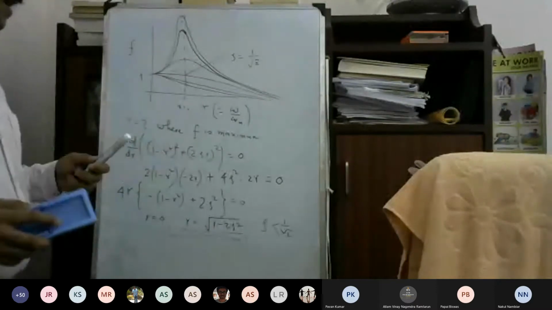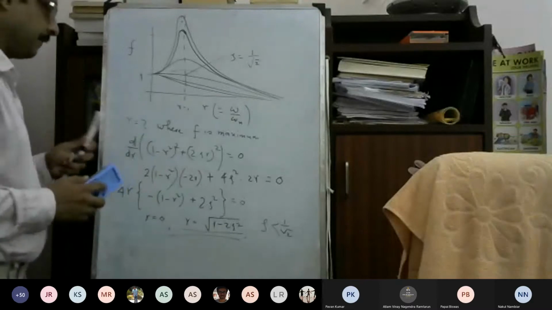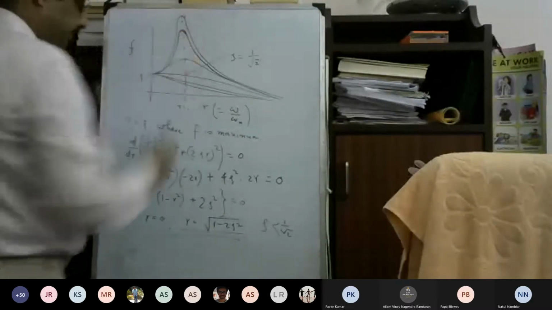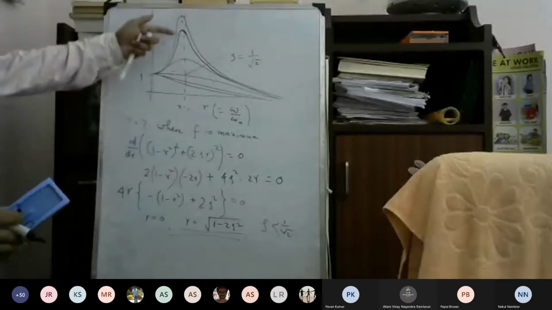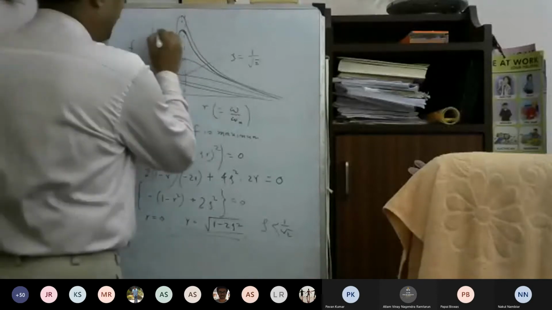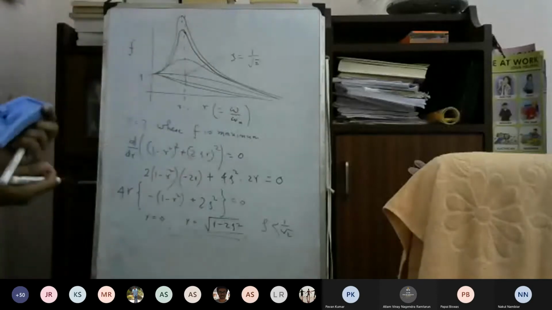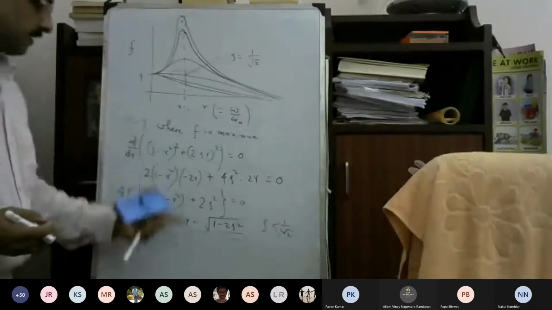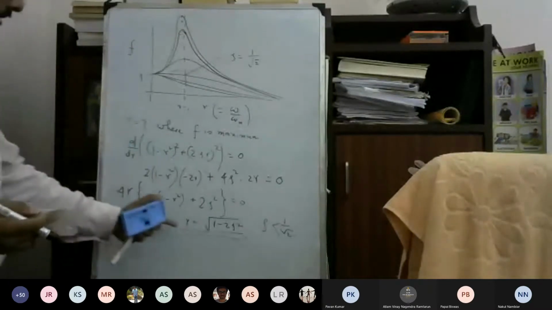But the thing is that the magnitude of the amplitude will be very, very small in that case. Now that is what we are saying: the peak is actually shifting towards the left. And its magnitude, the maximum value, at R equal to 1, you can check and find out what the maximum value will be if you just put